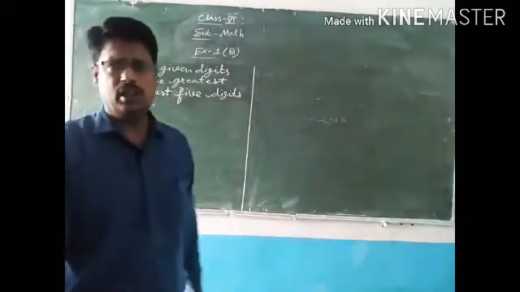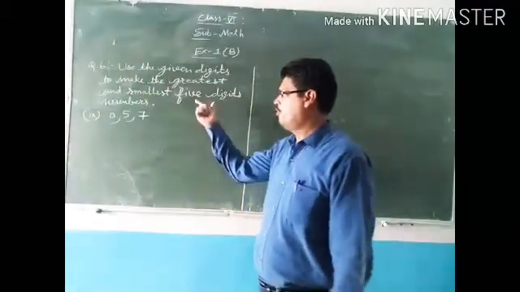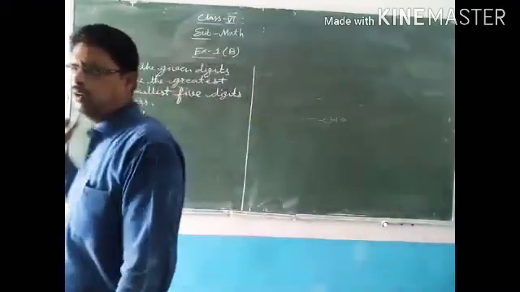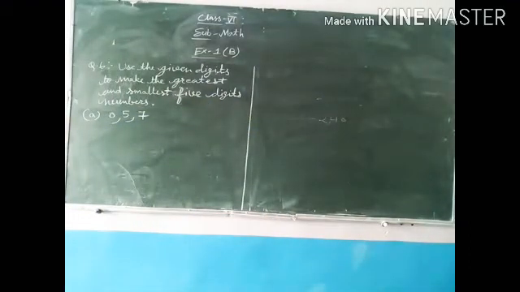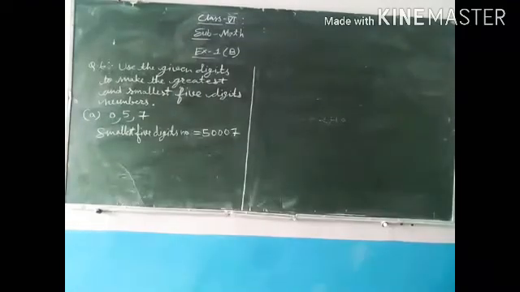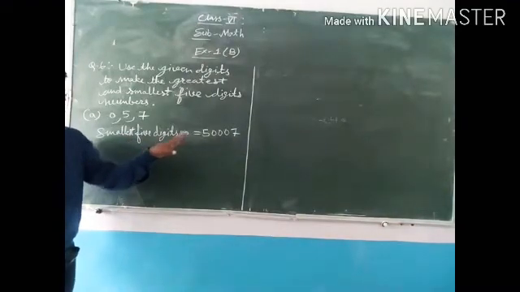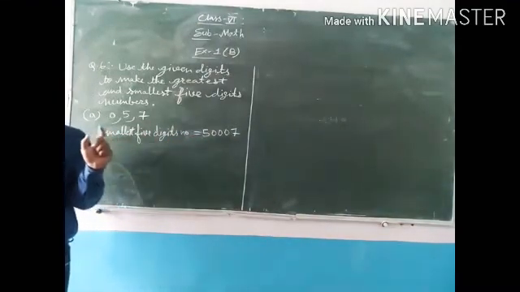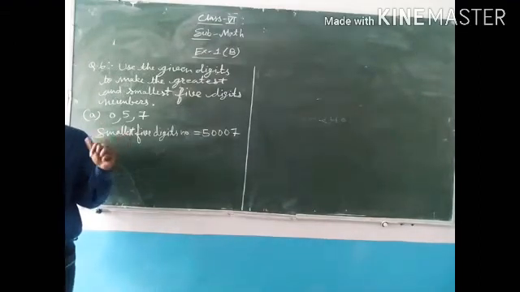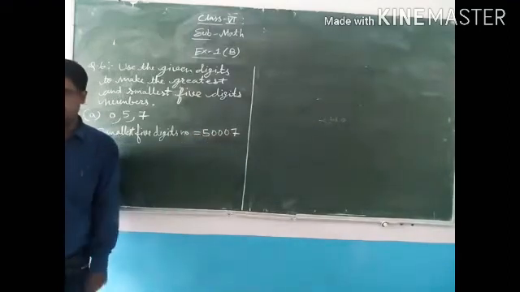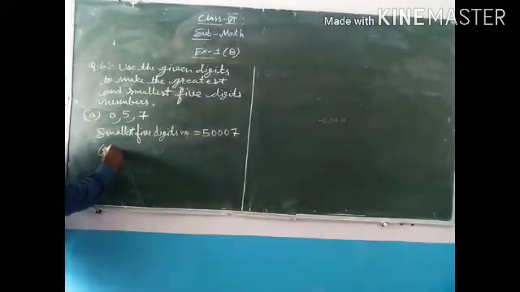So according to the question, we will have to make 5-digit numbers, but they have given us only 3 digits, means 2 digits are less. Okay, so look how to make it. As I have told, for the smallest 5-digit number, the smallest digit that is less, we will have to repeat. So we will repeat 0 two times and then this will come. And now the greatest 5-digit number.